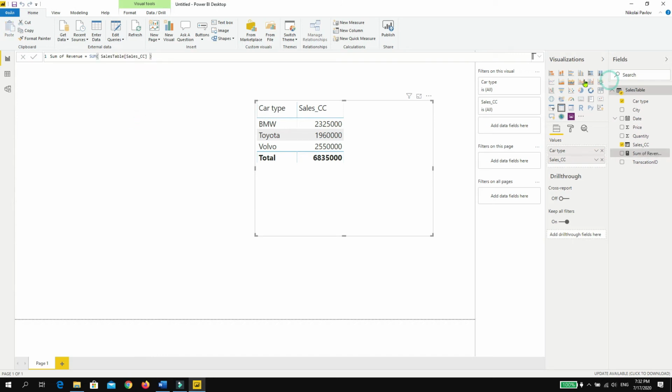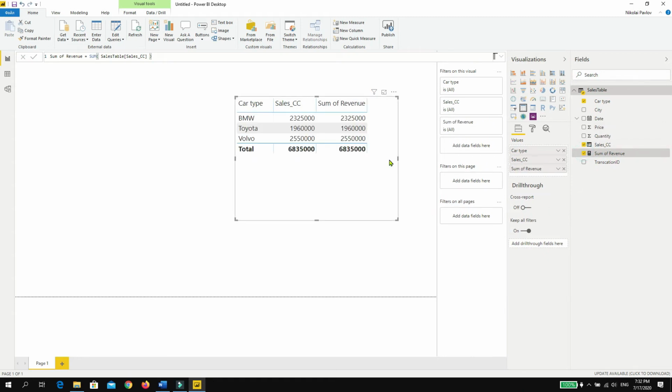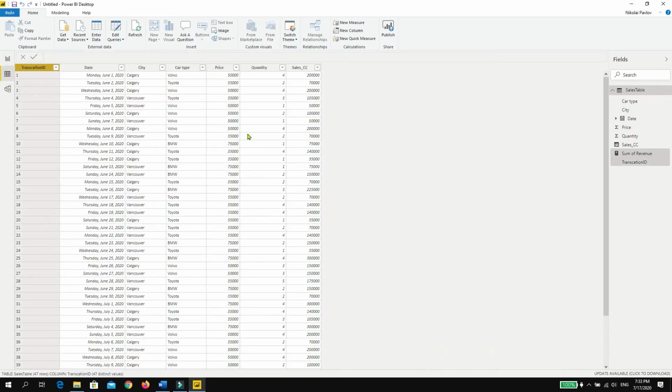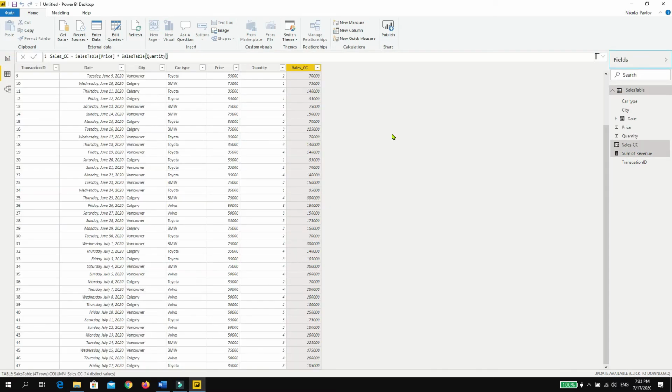I have created this measure here, sum of revenue, and as you can see, it's exactly the same thing. What the function sum did, if we go back to the data view, it simply summed this column. So all of these numbers have been summed, and we have this number here. Now you might be asking, why do we need SUMX and